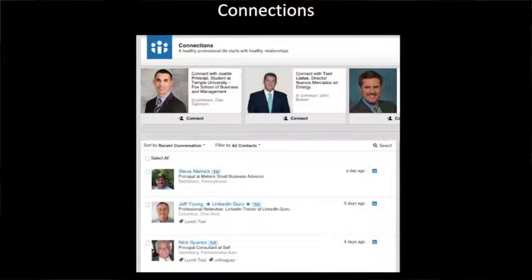Your profile doesn't matter if you're not connected to anyone. So in terms of the connections component, I'll be going into more details when we go over the power user function on how to connect to a lot of people, but this is basically what comes up. When you click, you get to see your connections, and you can filter and sort through.